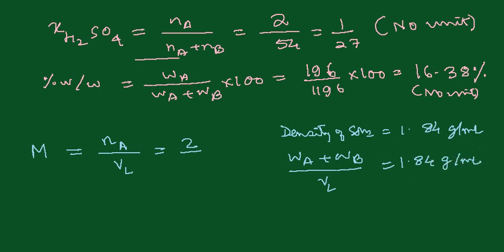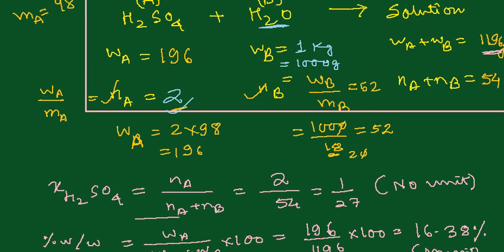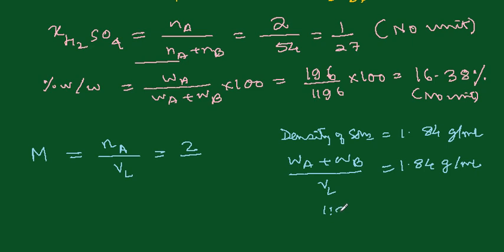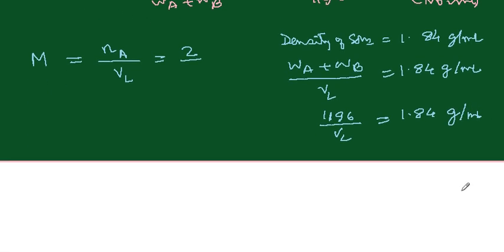Okay, the mass of the solution that is given as per our table is 1196. So let's put it here: that is 1196 over your volume in liter. If we divide, that would be equal to gram per liter, which we are going to divide in the next step. So if we divide it here, the volume in liter would be